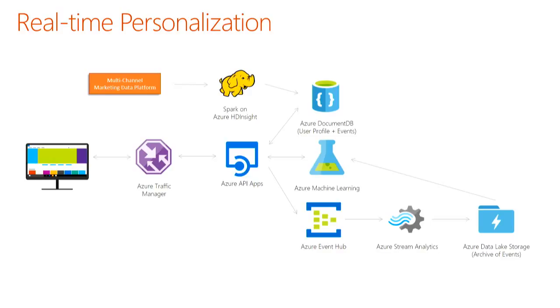They already have a pre-populated machine learning model to say, hey, if you see this kind of user and these kind of actions, give this kind of live recommendation. So rather than doing a pre-computed recommendation, you can do more real-time recommendations based off of recent user behavior. They also have a separate pipeline for doing event hubs to stream analytics and storing a lot of these events into ADLS. This is more of an archive for all of the events so that over time, they can run this back to their Azure machine learning model and improve the model for better conversion rates.